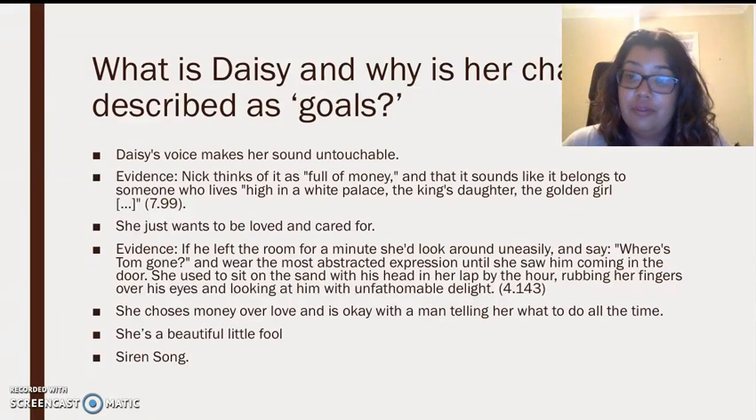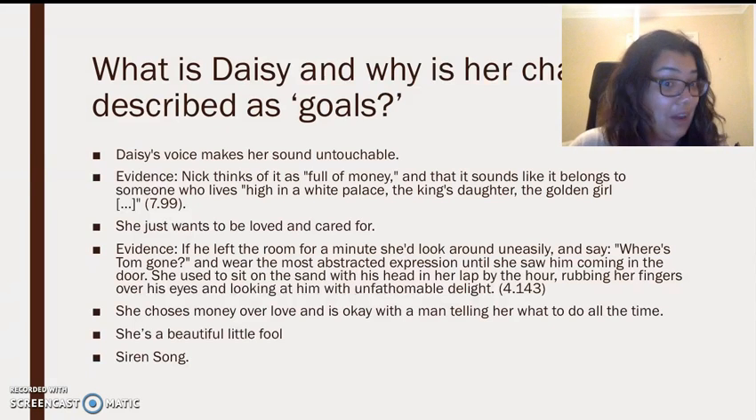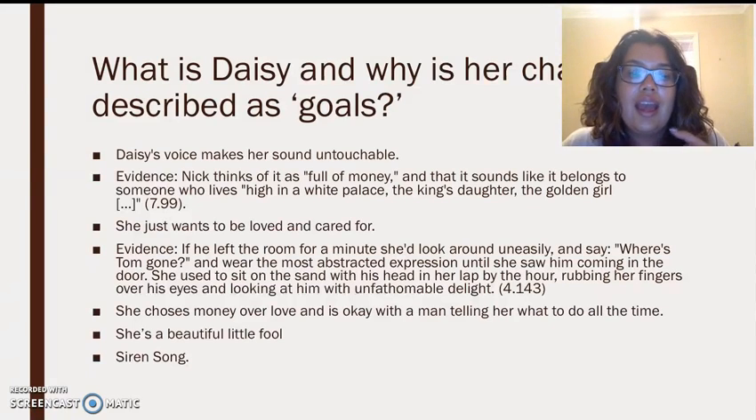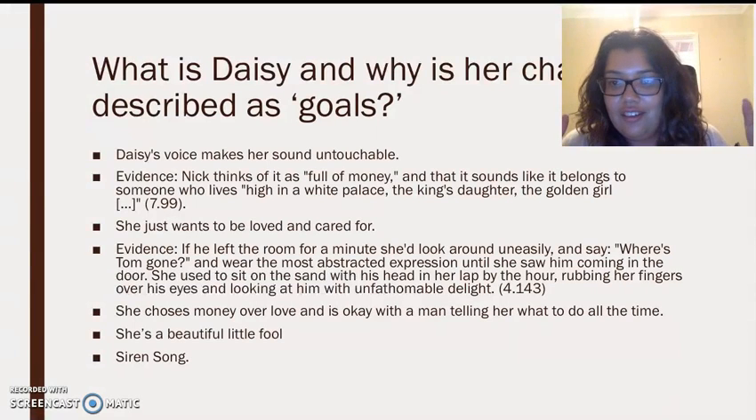She chooses money over love, and is okay with a man telling her what to do. Example, she married Tom to begin with. And she is that beautiful little fool that she describes her daughter being, or what she wants her daughter to be. She is the siren of this